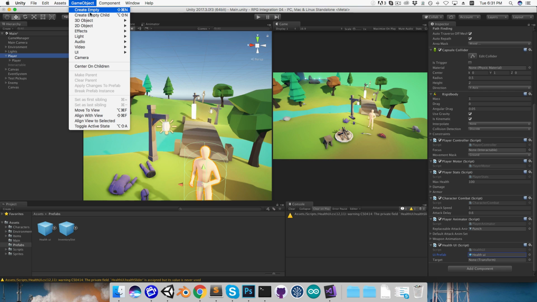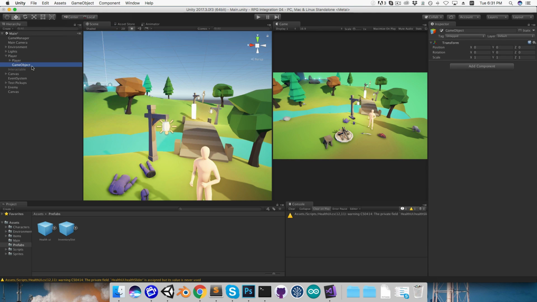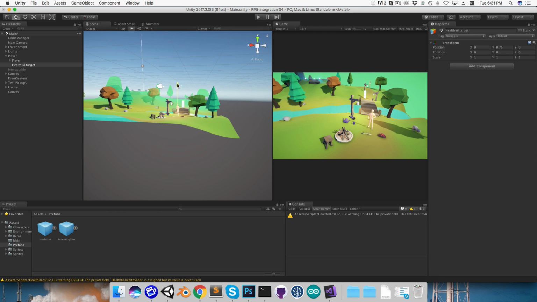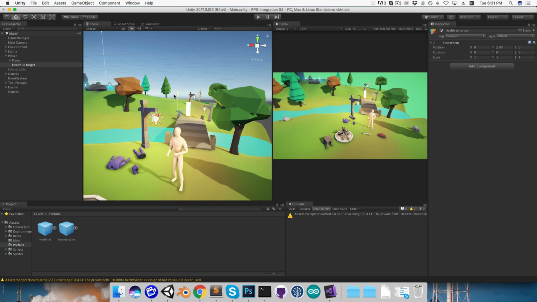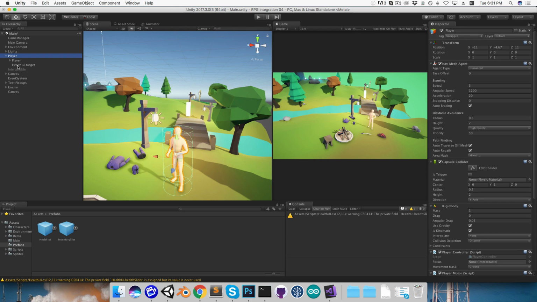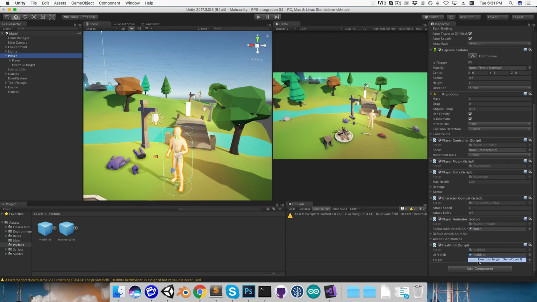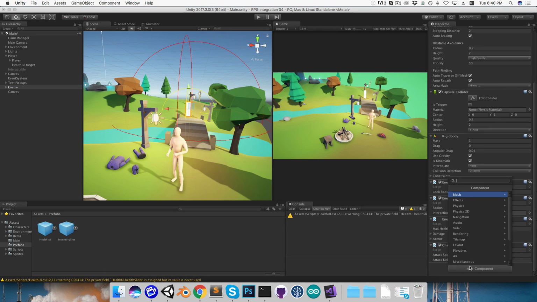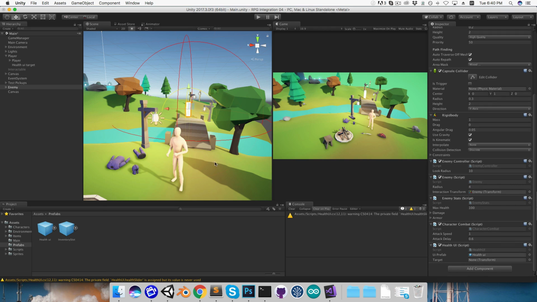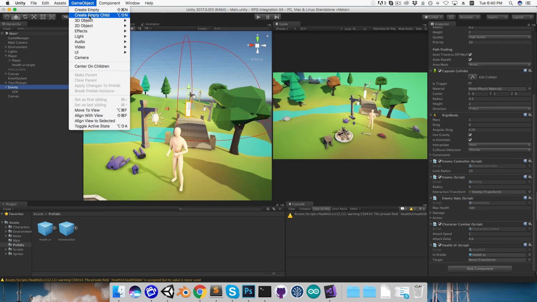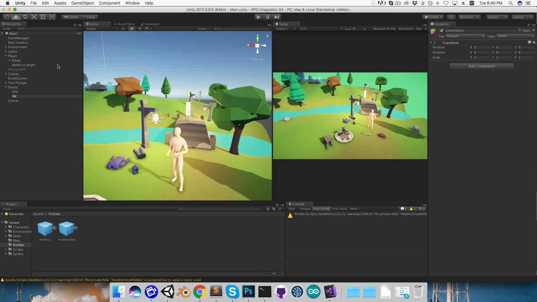Then I'm going to create an empty child for the player, which I'll call the health UI target. And I'm just going to position that above the player's head, something like so, and drag that into the target field. And let's set this up for the enemy as well. So I'll add a health UI component here, and quickly create an empty child called the health UI target once again, position that just above the head, and